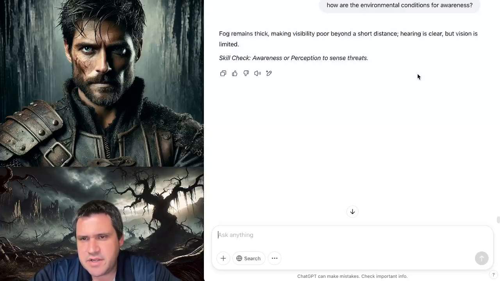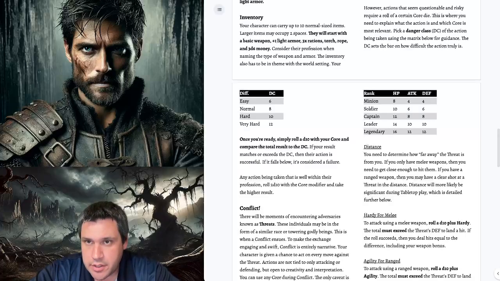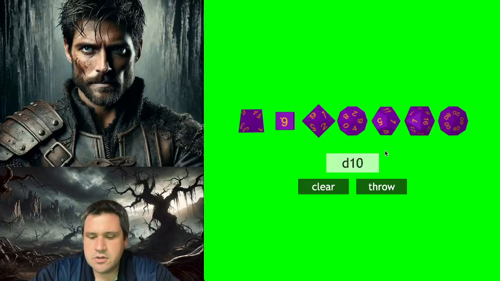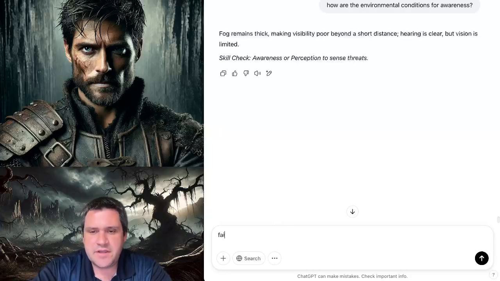Fog remains thick, making visibility poor beyond a short distance. Hearing is clear, but vision is limited. Okay, so this will definitely be hard, which is 10. So with my optics, I have a +1. We have to do 10 or more, or 9 to, okay, fail, obviously. All right. Failed roll,